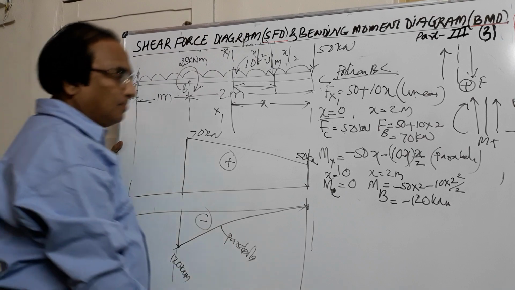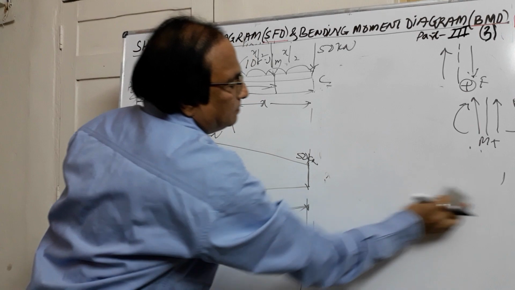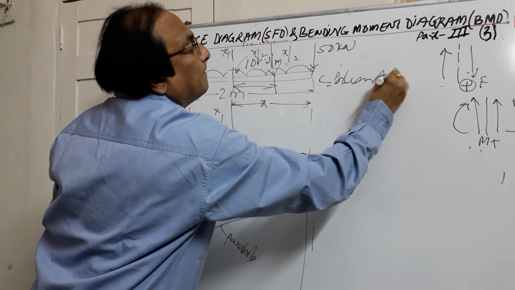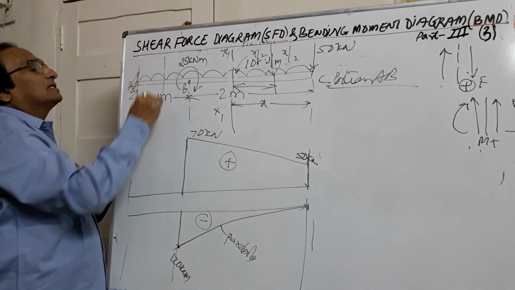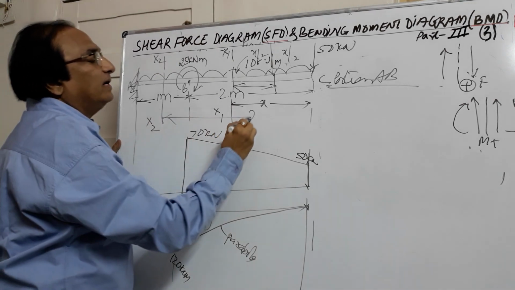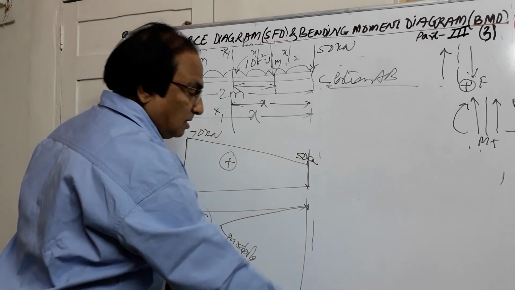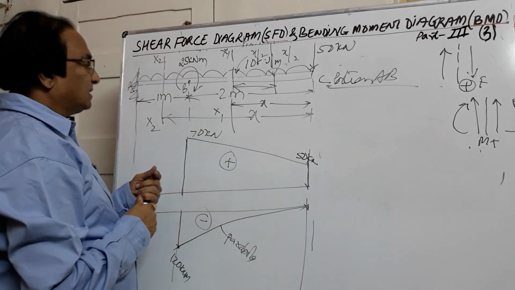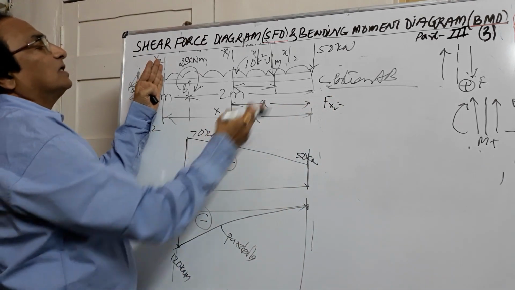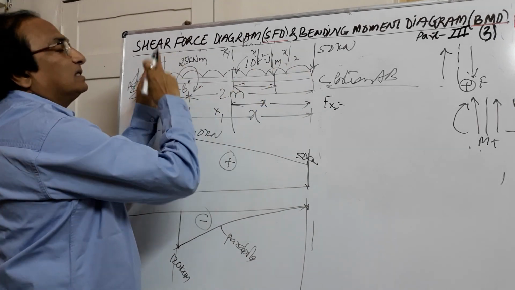Now we will come to the remaining portion AB. Portion AB means I will consider a section x2 at a distance x from the free end again, each portion separate. Now here, if you find out the shear force at this section x2, how many forces are there? One force plus UDL acting from here to here, and also there is a moment, but we are finding out forces only.